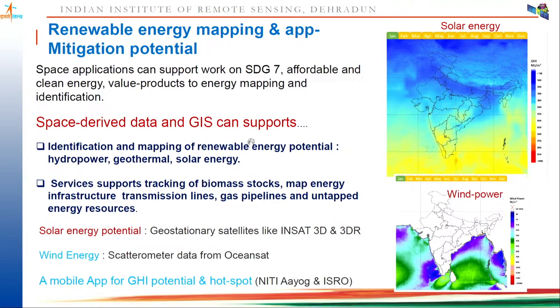Now here you see satellite observation, all those solar energy maps like solar potential, solar energy utilization hotspots, solar utilization maps, and wind power-related energy maps. All are very useful and make it possible to provide solutions related to clean energy and value products for energy mapping, particularly for renewable energy potential: hydropower, geothermal and solar energy. We can identify which sites can generate more and more solar energy,